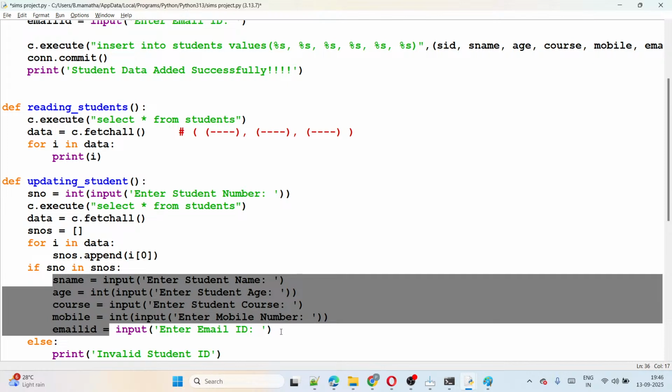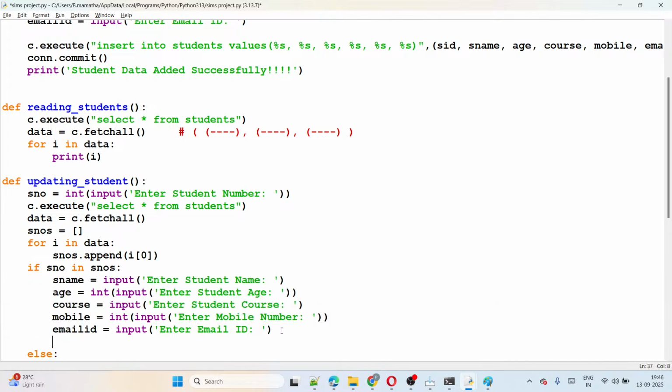mobile, email ID. And the details we update where? We update where, guys? Tell me now. We update in the table. For that, what do we do here? I am going to write c.execute of which query right here? Like update. Table name is what? Students. Okay, students, guys. Set